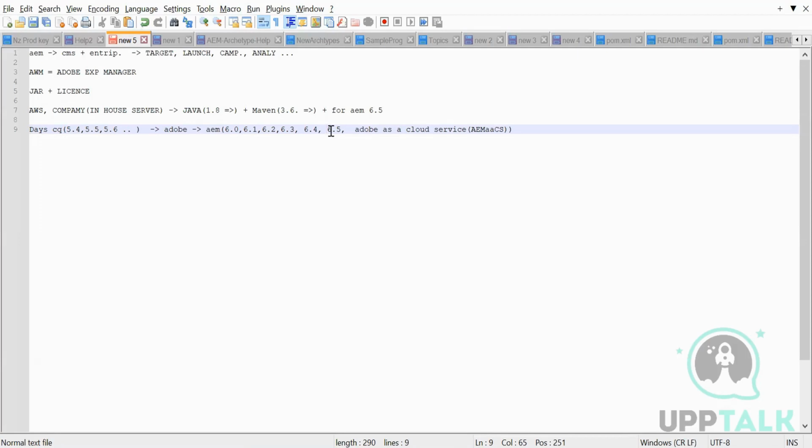Now we have the jar and the license file, but there would be a new jar for the newer version. Consider we were working on 6.4. Now we have to upgrade to 6.5. So 6.5 will have a newer jar. It's not that the same jar will work. It will have an altogether newer jar. The license file will remain the same because the license file contains a unique key that will remain the same, but the jar will get changed. So Adobe will provide you with a newer 6.5 jar, and then you